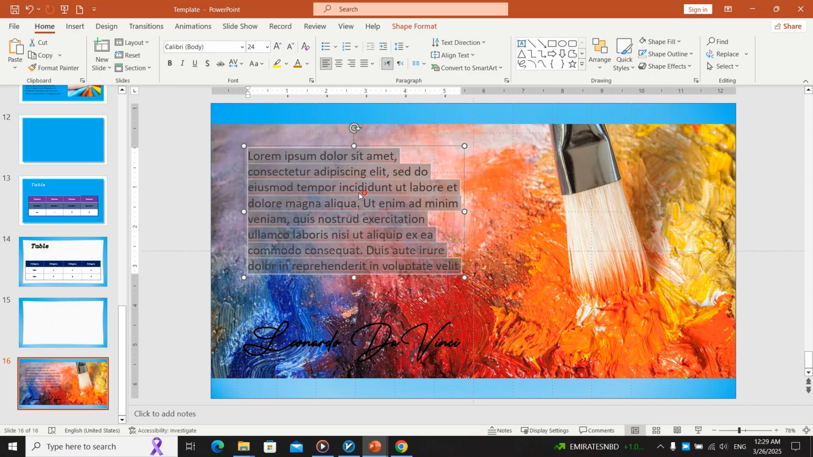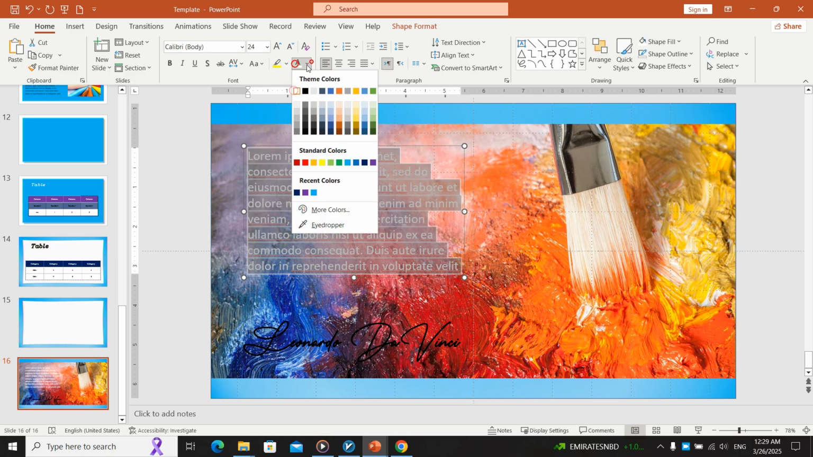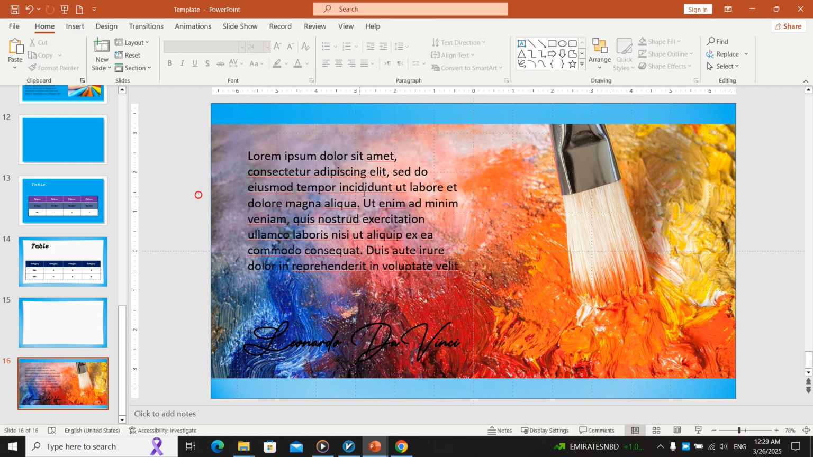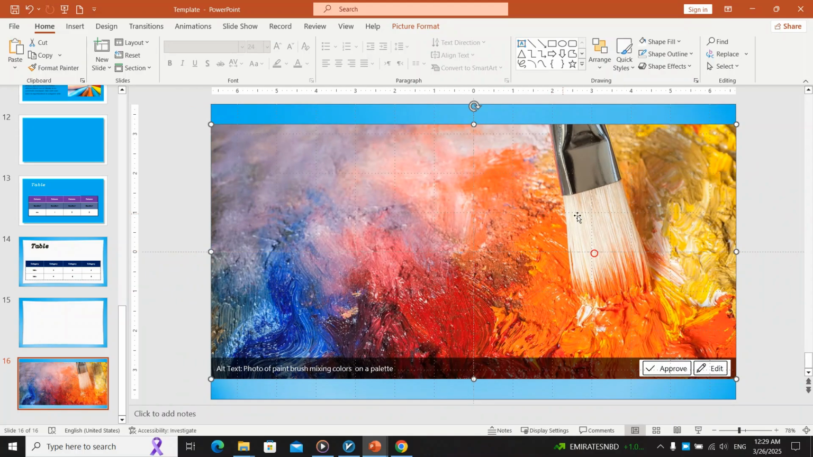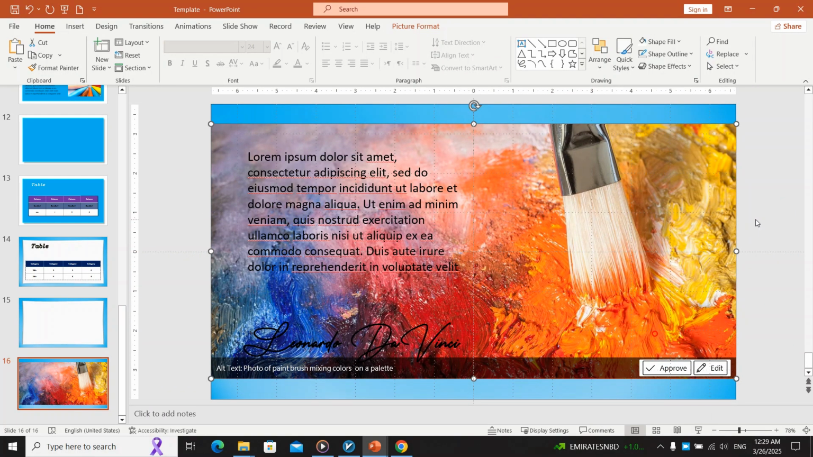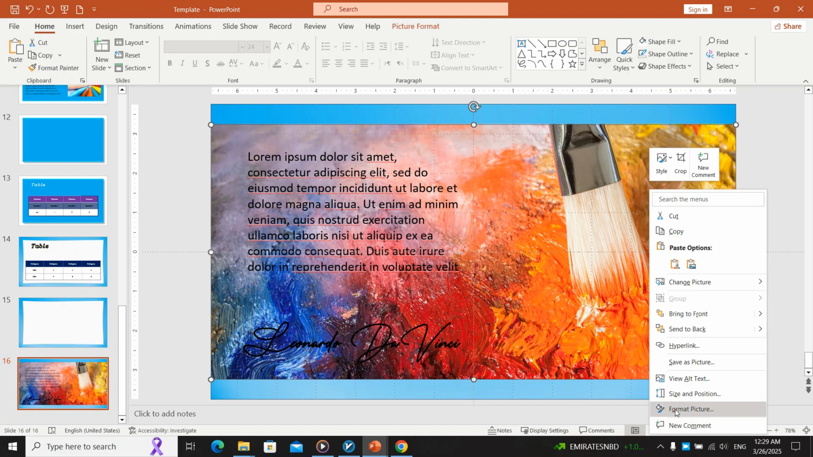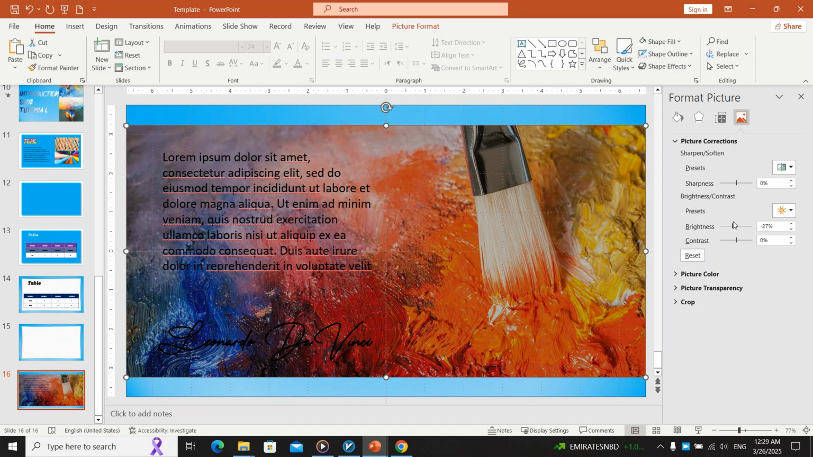This is a quote, for example, from Leonardo da Vinci, and I use a black text. But you may be asked, that text is not visible. For that, I just simply going to copy this picture, send it to back, and from this picture I'm going to format this picture and go to picture correction and make a brightness a little lower, just a little bit,